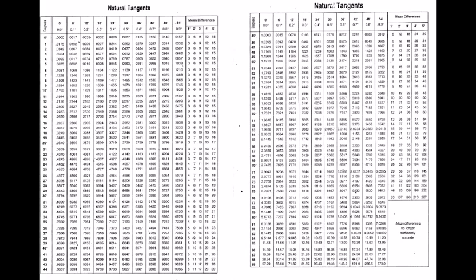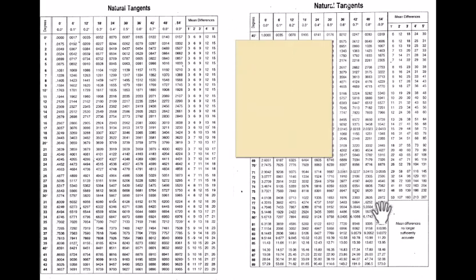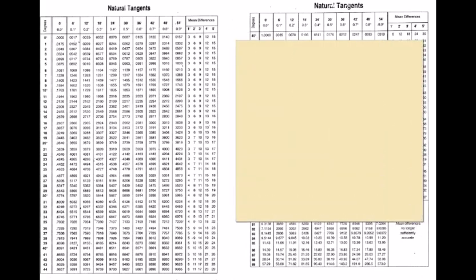Because here also, remember, the mean difference is to be added. So let's take a few examples here, and if you've understood the process of finding the inverse sine, then this should also be very easy. So suppose, for example, I give you: find theta is equal to tan inverse of